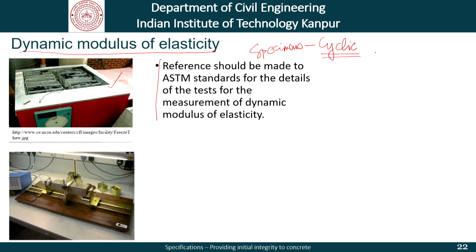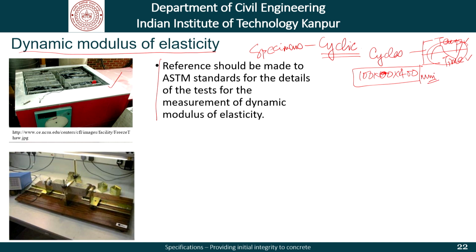conditions. As far as this chamber is concerned, the cycles can be defined in terms of the temperature and the time. How much time at this temperature, how much time at this temperature, and what cycle, so that we can monitor the changes in the properties of the concrete in this prism, which is typically 100 by 100 by 400 millimeters. How do the properties of this kind of prism change as it is exposed to more and more cycles of freezing and thawing? That is done through the measurement of dynamic modulus of elasticity, which is